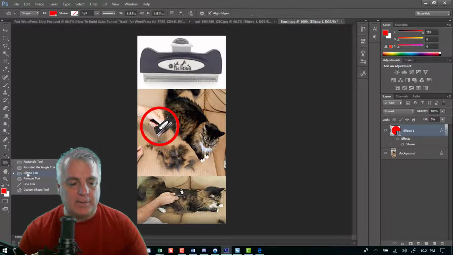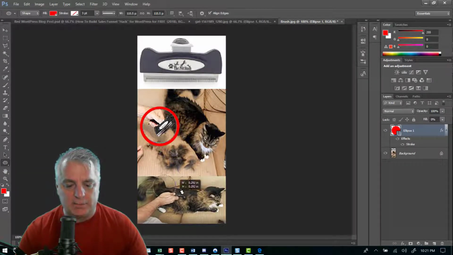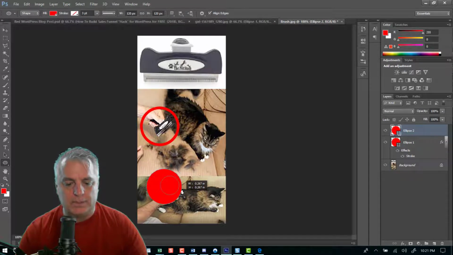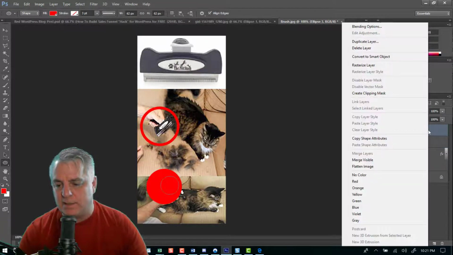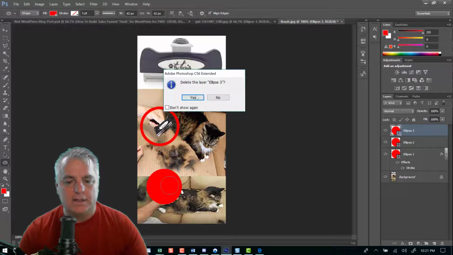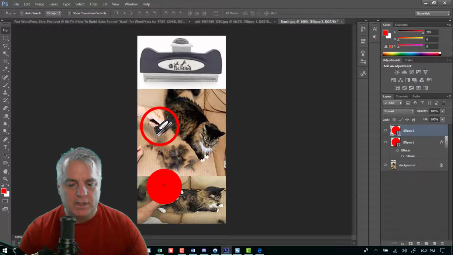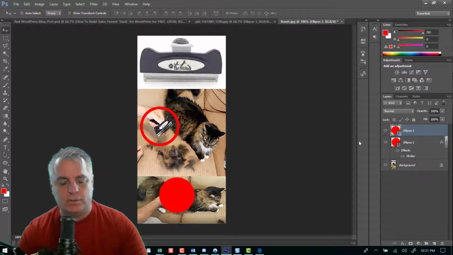Okay, I'm going to do it again. I'm going to do the ellipse again. And this one here, I'm going to go right here. Whoops, I clicked it twice. So I'm going to right click and delete the layer and go up here and move and go right there. Control